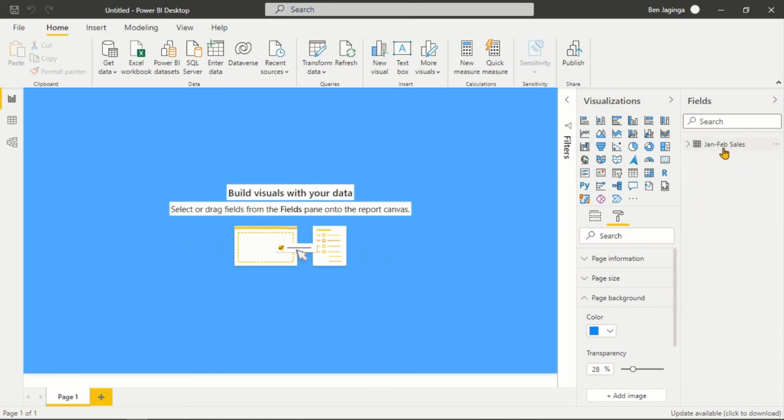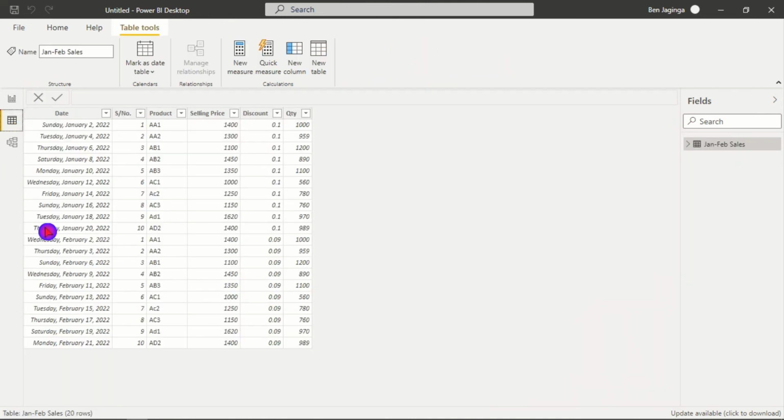So this is the table that has been appended from Power Query. So we can use this to create reports or some visualization. So when you want to see the kind of data that we have within this appended table, we'll click on the data view icon, and then you can see the kind of data that we have